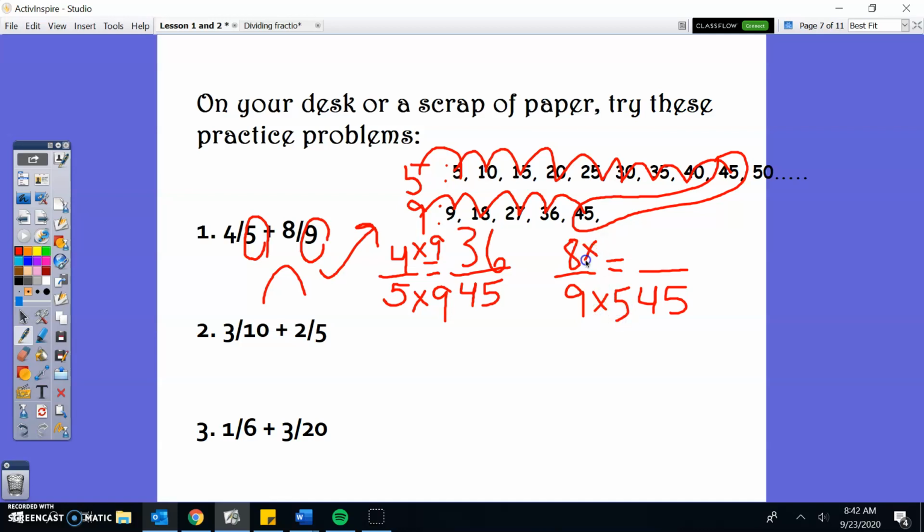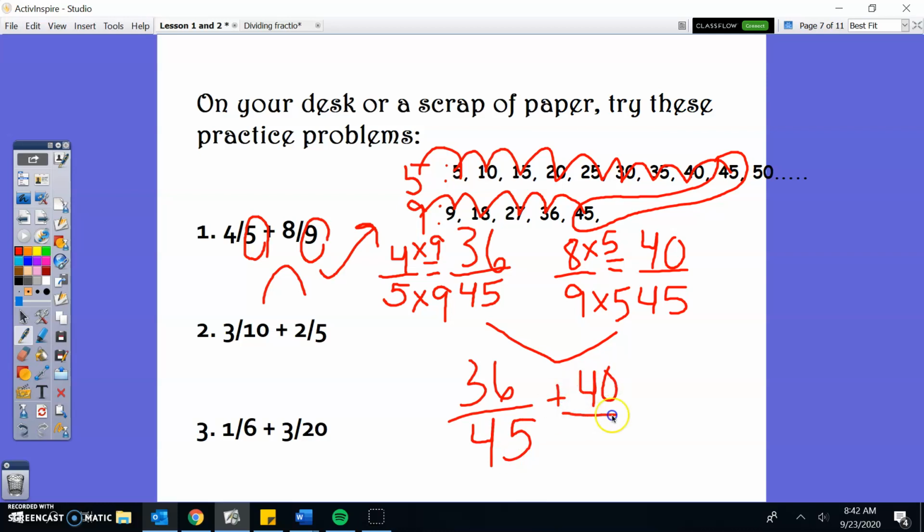By my denominator and my numerator, 8 times 5 is 40. So now I'm going to add 36/45ths plus 40/45ths equals 76